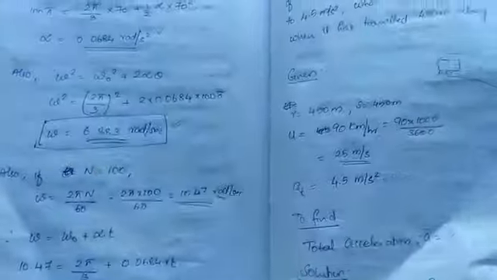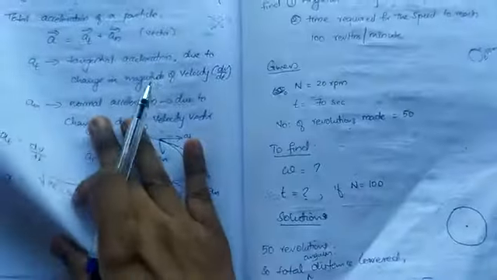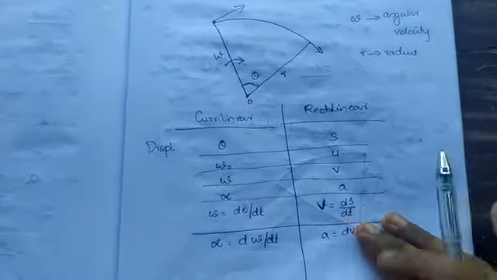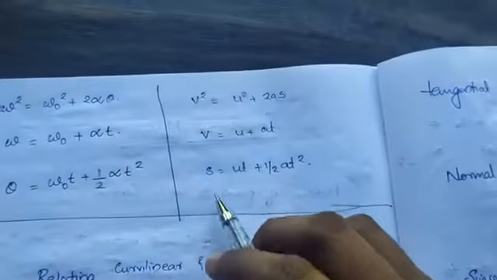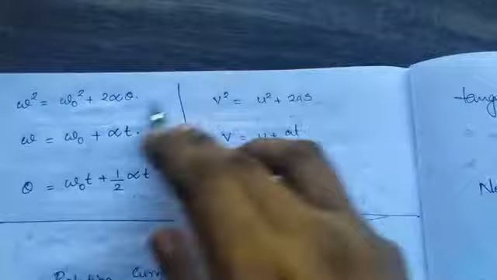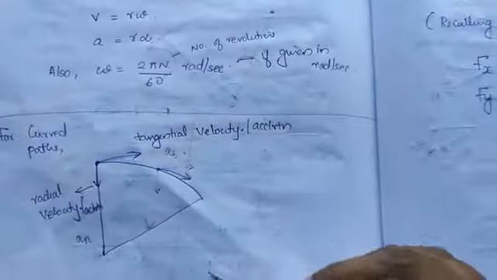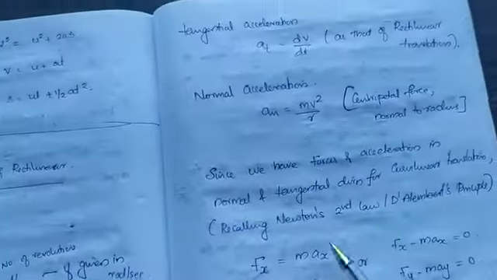Okay, so the only thing you need to follow is these equations of curvilinear motion, and that will make you understand all the concepts. Okay, you need to apply them accordingly, based on what terms you have been given and what terms you need to find out. If you are thorough with these equations, the problems are done.